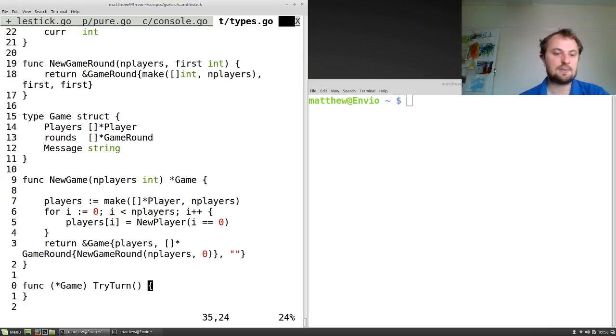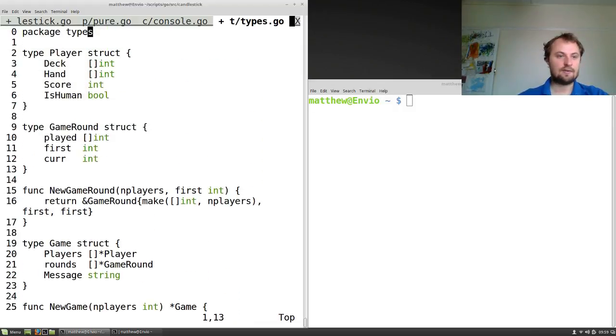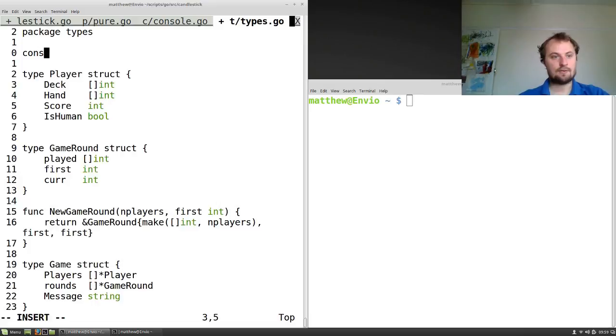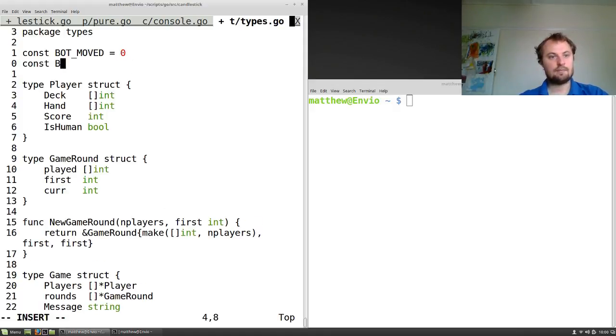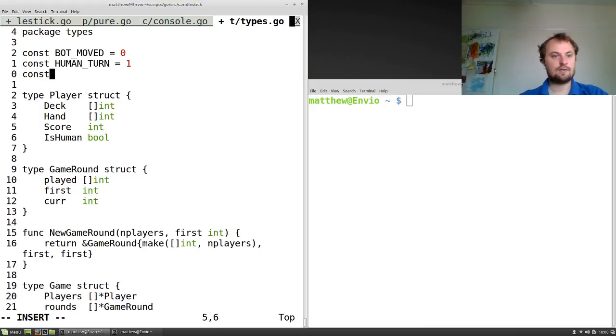So there's a couple of things we need to respond with from try turn. My inclination here is to make a couple of constants. We'll return two ints. The first is the message, and the second is the player whose turn it is. I'm going to create some constants at the top. Const bot moved equals 0. Const human turn equals 1. Const done